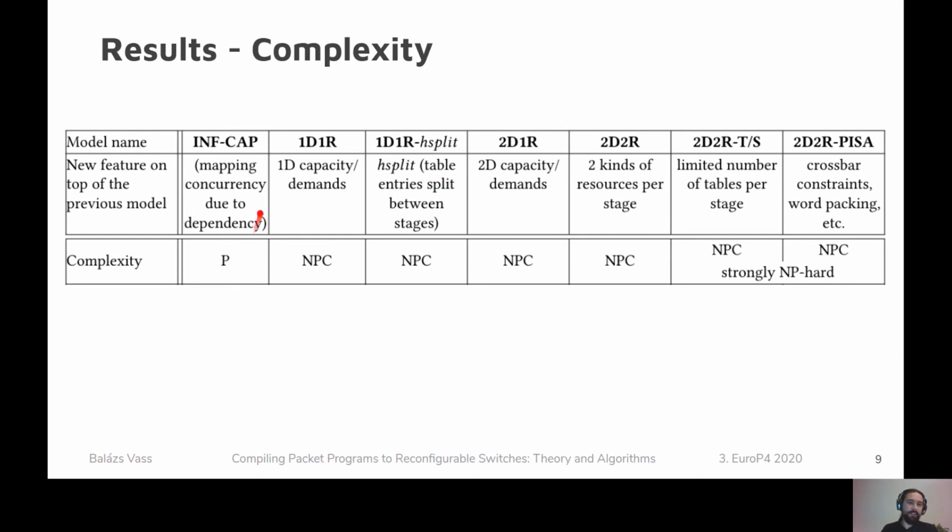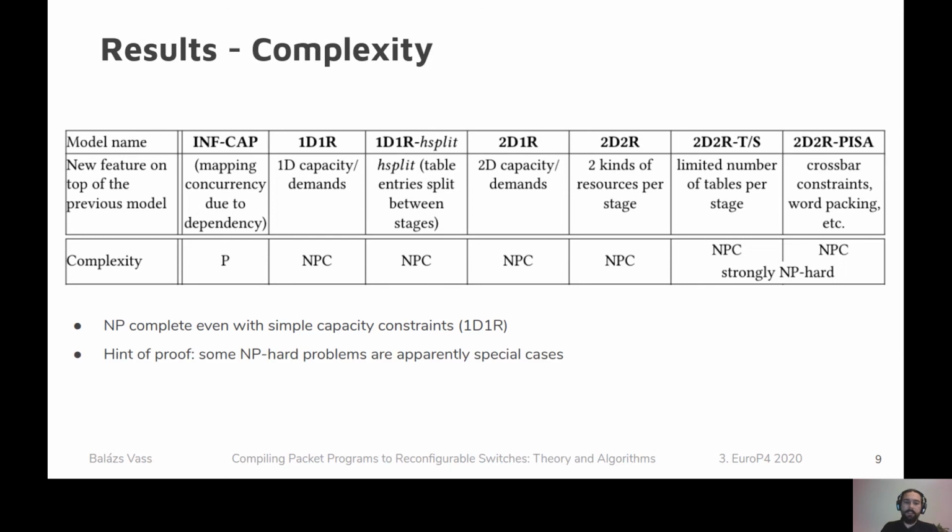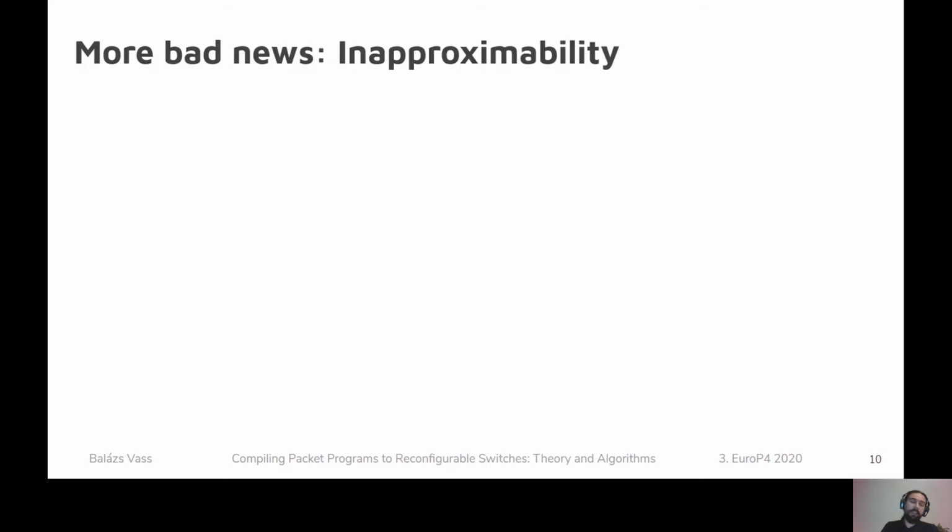The simplest model can actually be solved optimally in linear time, but even putting simple capacity constraints back, the problem becomes NP-complete. This is simply because these problems contain some NP-hard problems as special cases. We have more bad news to come.